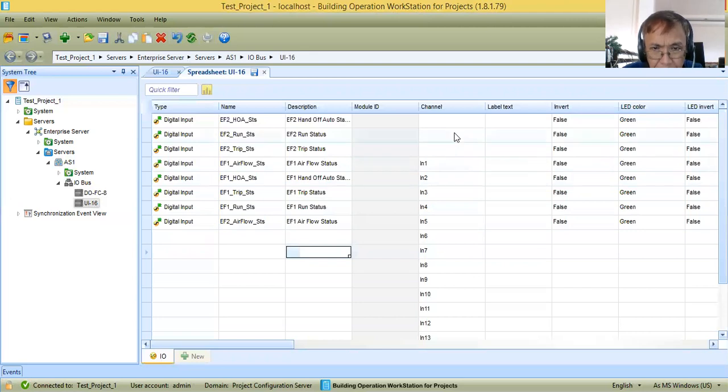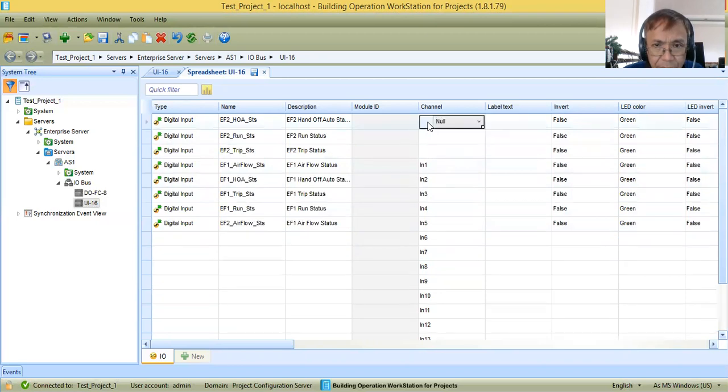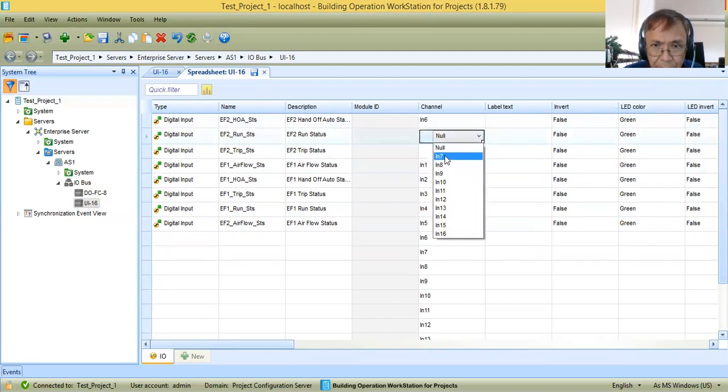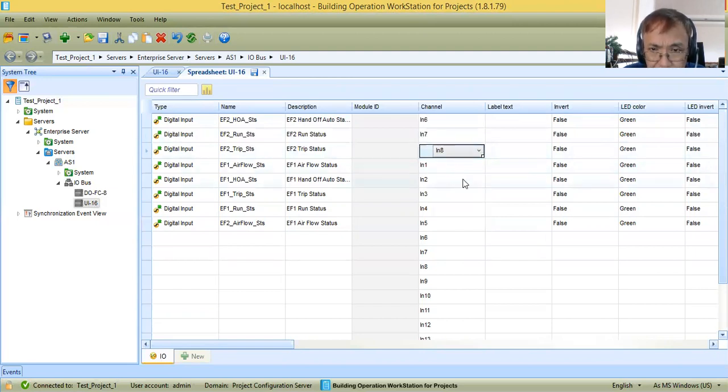Now I need to change the channel. I will say channel 1, 2, 3, 4, 5, 6. I will use this in my 7, 6. Then this one I will use for my 7. Then this one I will use 8.